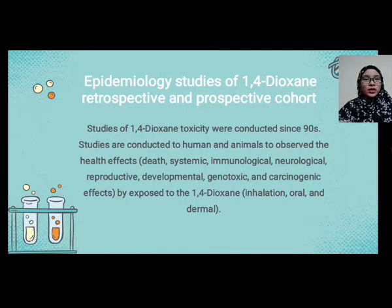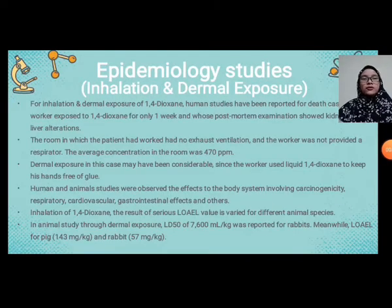Epidemiology studies of 1,4-dioxane include retrospective and prospective cohort studies conducted since the 1990s. These studies are conducted on humans and animals to observe the health effects of exposure to 1,4-dioxane. From these studies, the researchers found the lethal dose and the lowest observed adverse effect level for animals and humans. Okay, for epidemiology studies of inhalation and dermal exposure, there are human studies that have been reported for the cases